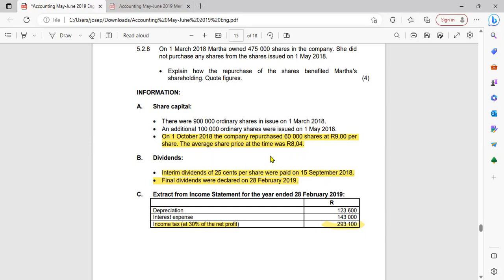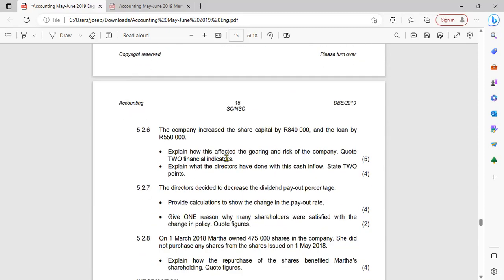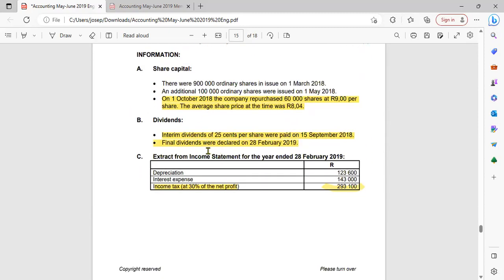But for this question, like I told you, I have the 2019 question paper. The previous question was question 4, and this one is question 5. We are not expected to do ordinary share capital here. The price that is above the average share price is the one that we're going to take to retained income, guys. So we are just going to say 9 rand minus 8 rand